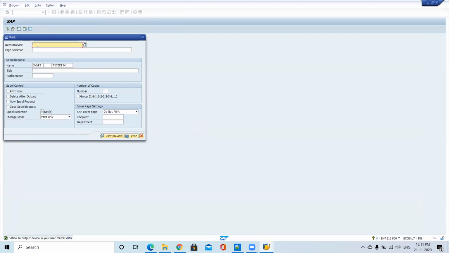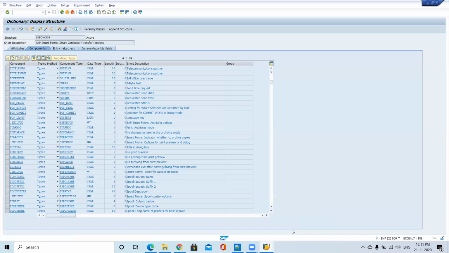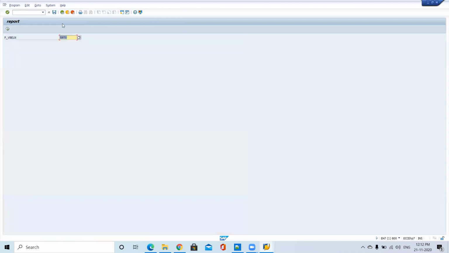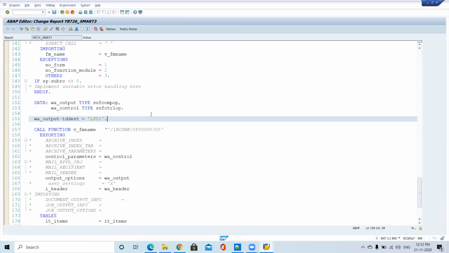It should come here actually. That LP01 is not coming to this place. So I'm missing some other parameter. TD destination equal to this one. So here LP01 print preview. So instead of manually passing, we have to pass from the program actually. So I missed something here.